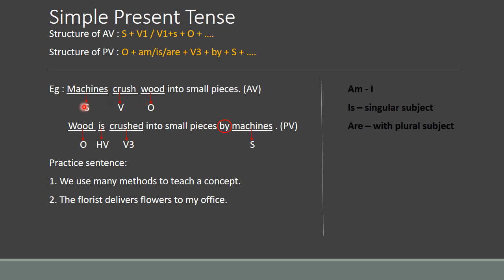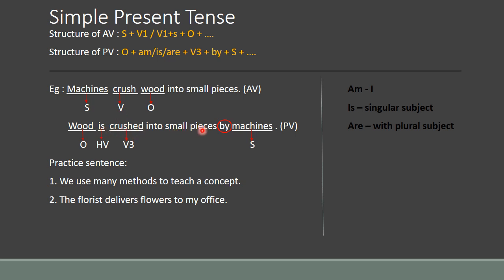Passive voice sentence: the subject I have brought here is wood. I have added a helping verb here, is, because I consider wood as a singular subject. Crush is the main verb. I have changed it to its V3 form, crushed. Wood is crushed